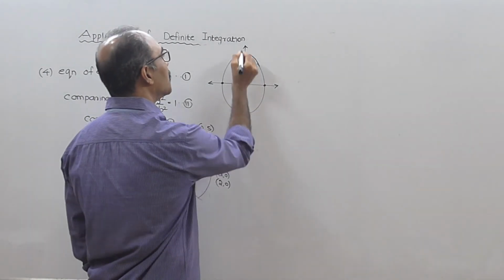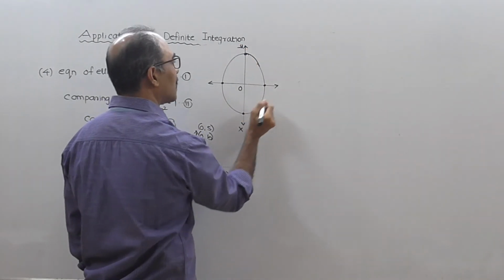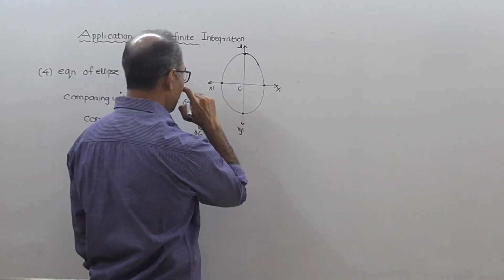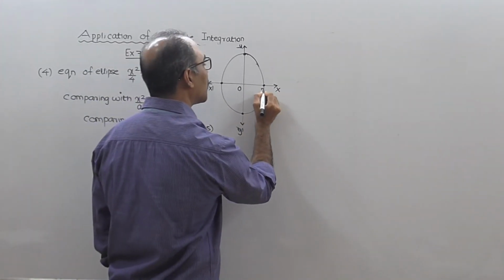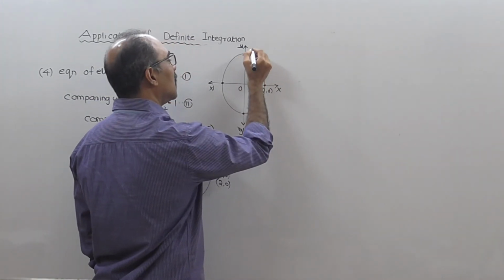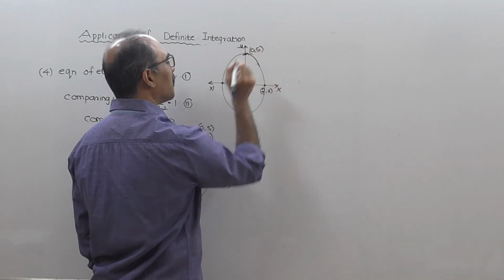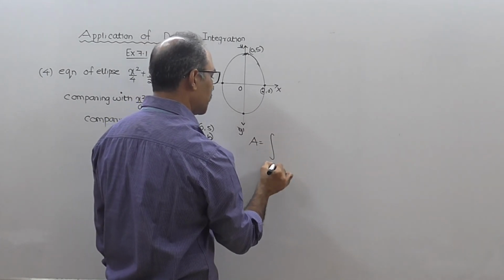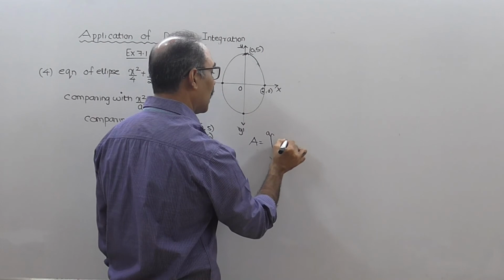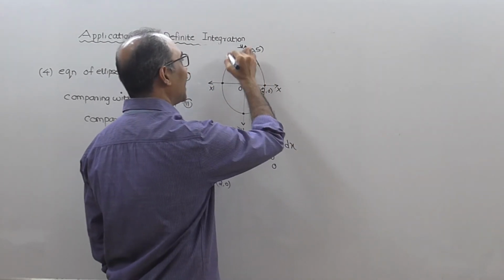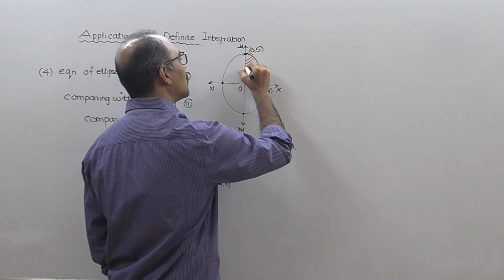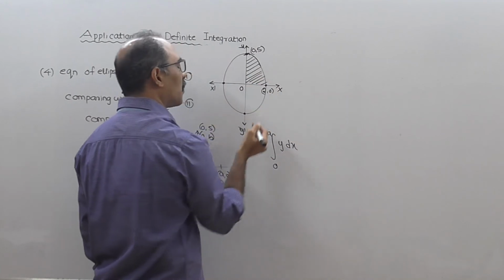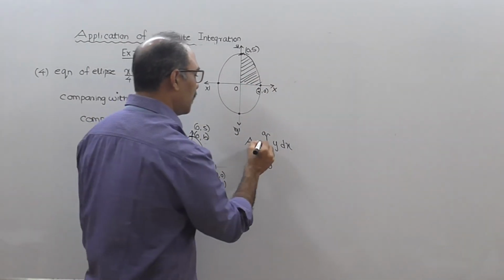So I will take this as origin, this I will take as y, this as y dash. I will take this as x and this as x dash, and since a is 2, I will write here 2 comma 0 and this I will write as 0 comma 5. So my area will be equal to integration 0 to a y dx. Now I cannot find the area of the entire ellipse in one shot. What I can do is find the area of one part. And since all the 4 parts are basically equal, I will put here 4.